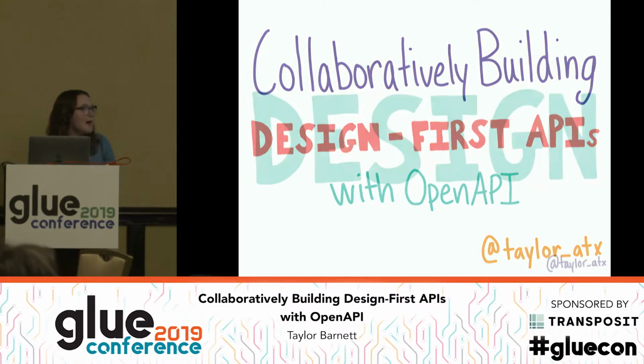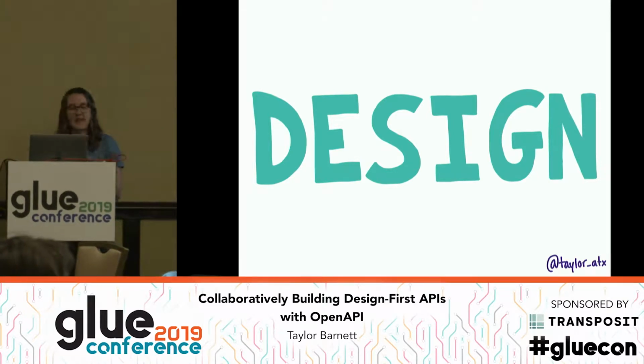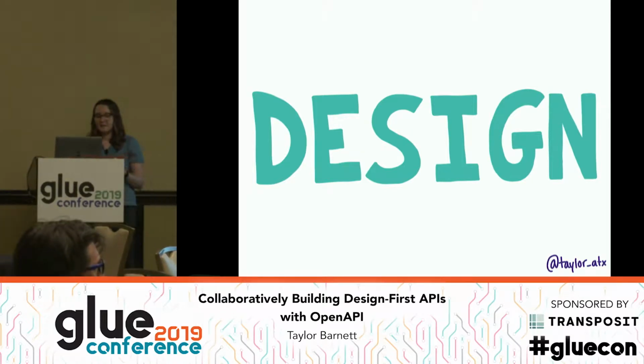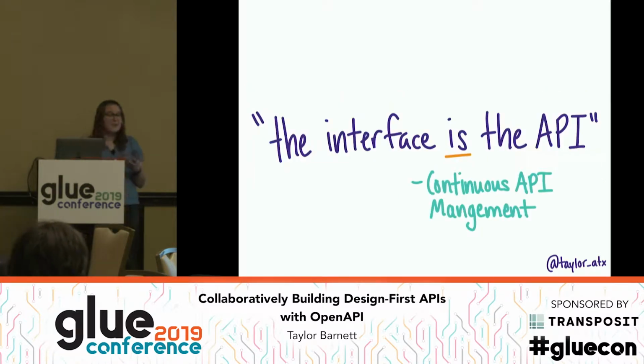So let's get started. Traditionally, design work is about making decisions about how something looks or how it feels and how it's used. For API design, there's a little bit of a constraint to that. It's more about decisions you're making when designing the API's interface. At least that is how the latest O'Reilly book, Continuous API Management, has been talking about it. And I love that book, so there's a few sprinkled quotes throughout. For many users of your API, the interface is the API.